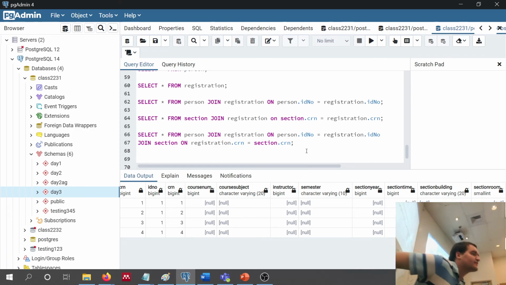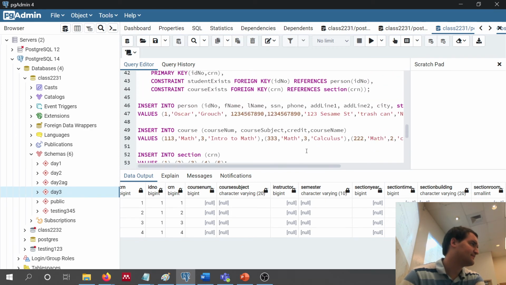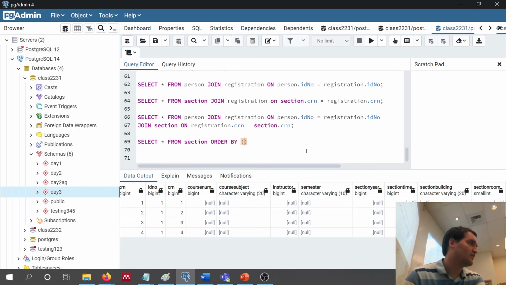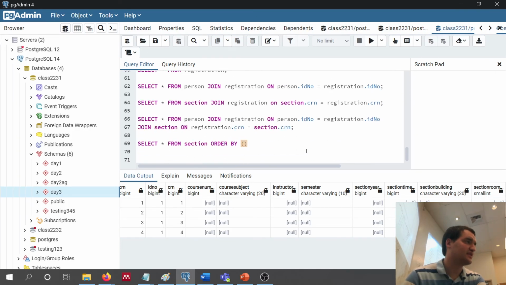All right. So I could just do select star from, I'll do person. Well, person only has one thing in it. Let's do section. And I will say order by, and we will order by CRN.